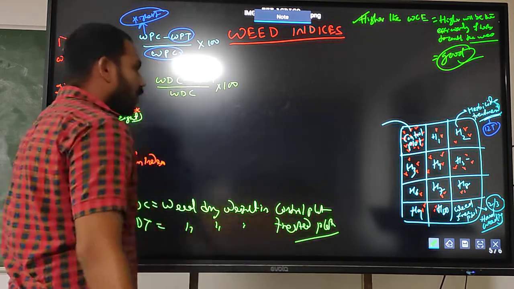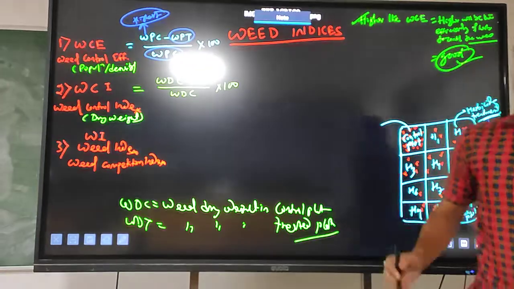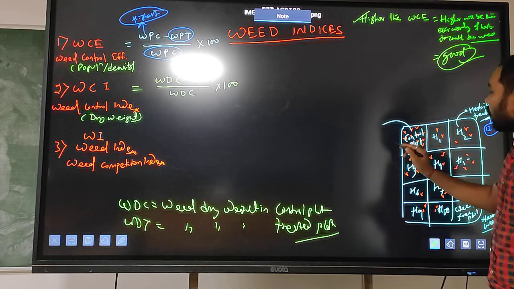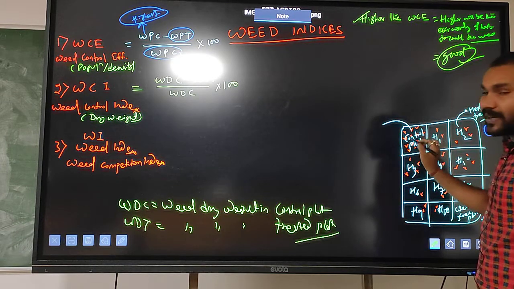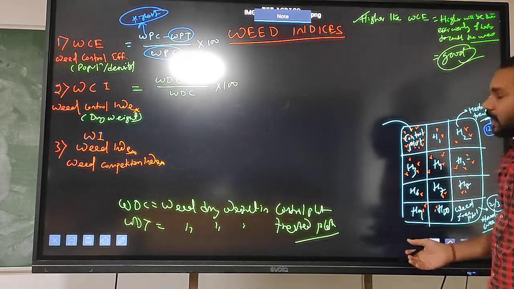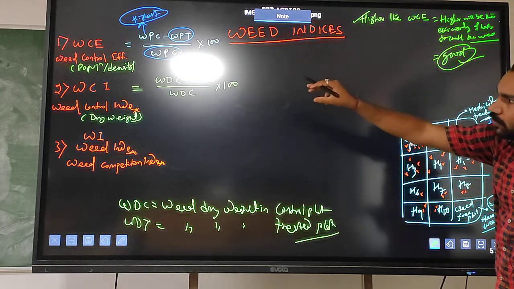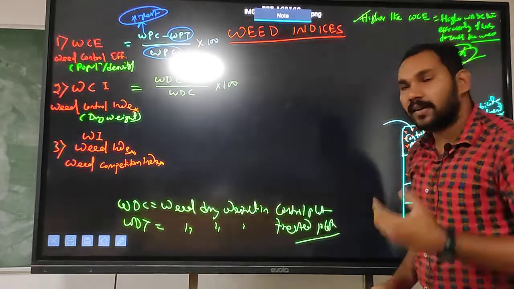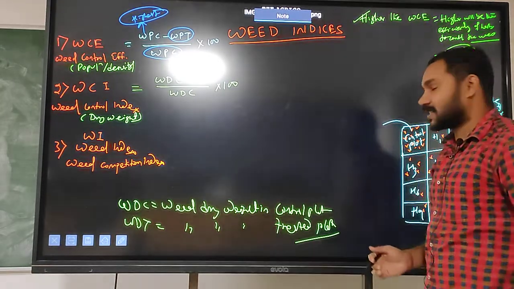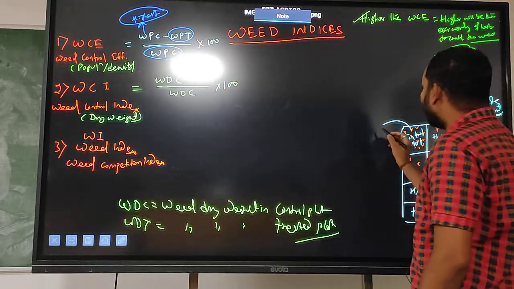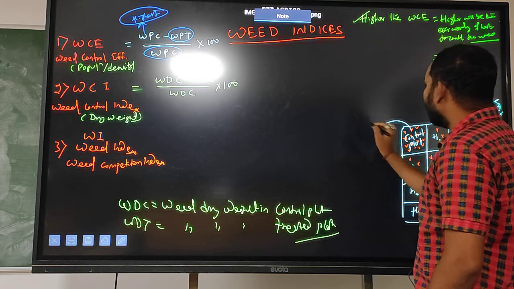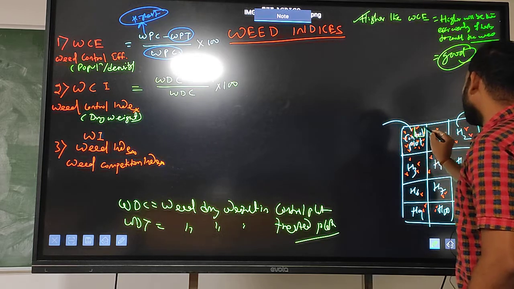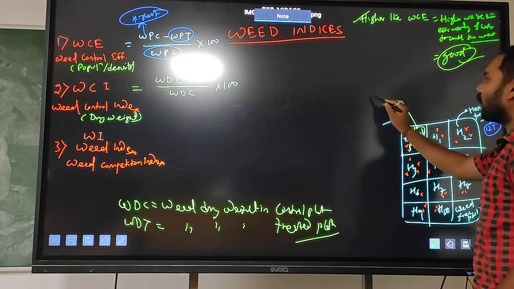Okay, so you just calculate. In WCE, what did we find? We counted the weeds per meter square. But here for WCI, the weed control index, I have to use another extra step. So first, what will we do? First, take all the weeds per meter square. Just take the meter square, and take all the weeds,